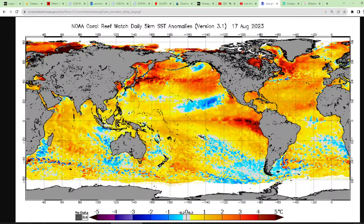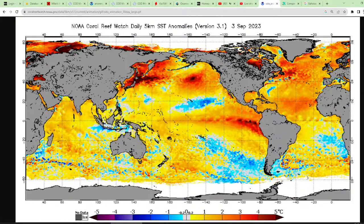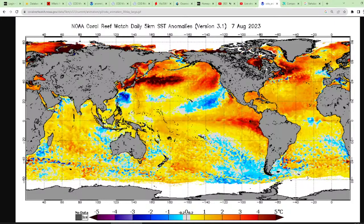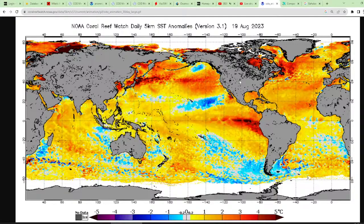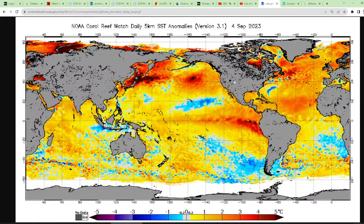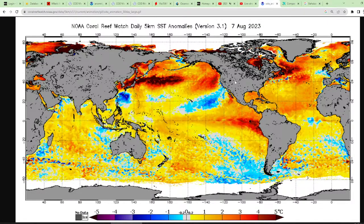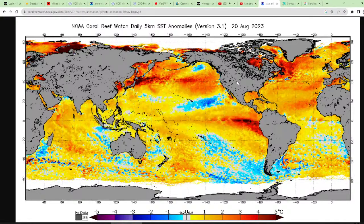Because this time we're having a warm anomaly here, there will be ridging on the West Coast, but there will be atmospheric river events, so it's going to be a wet and mild winter on the West Coast. Still, you're going to get a lot of snow in the Sierra Nevada and in the Rockies, but not as much as last year. So I would urge people to still conserve water because Lake Mead and Lake Powell are still near record lows. I'm just going to focus on this for a little bit and get back to hurricanes